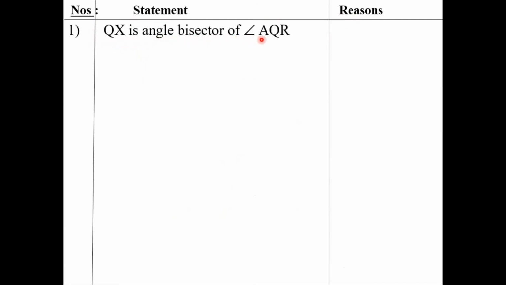You know that QX is an angle bisector of angle EQR. Here QX is nothing but the angle bisector of EQR. So naturally we are splitting the angle as E and E. So this is given by them. So angle AQX is equal to RQX is equal to E, as we have taken it as angle E, giving it as equation number 1, or by the property of angle bisector.